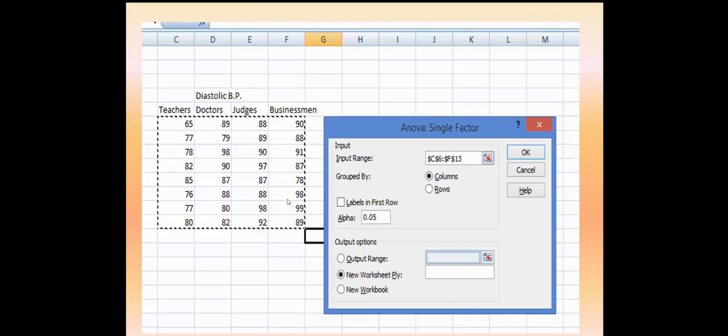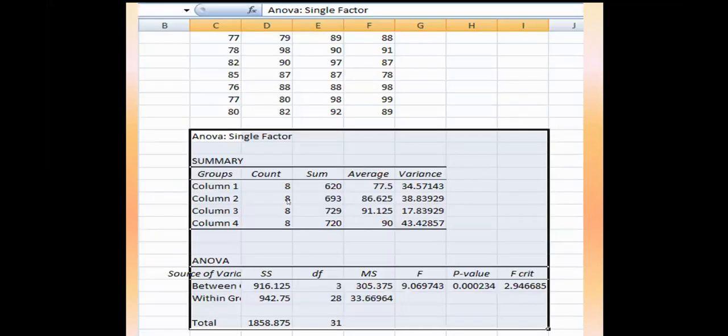And then from the left corner to the lower side, all these values have automatically come to the input range. And then you can again click the OK button. So you will get this table, exactly the same table which I showed you so far. You can see all the characteristics: 4 groups are there, their number of individuals considered, then the sum of each group, and the average diastolic blood pressure is also appearing here.